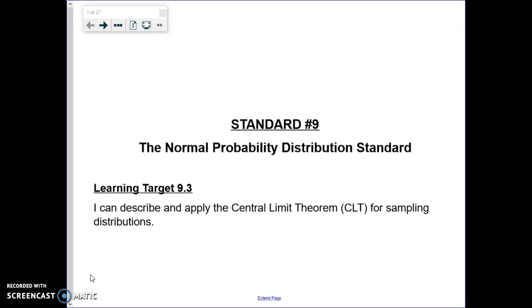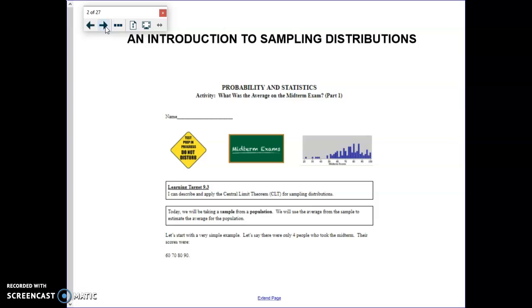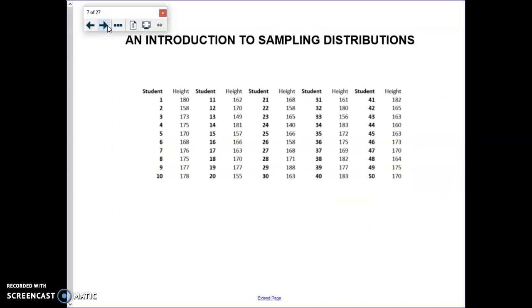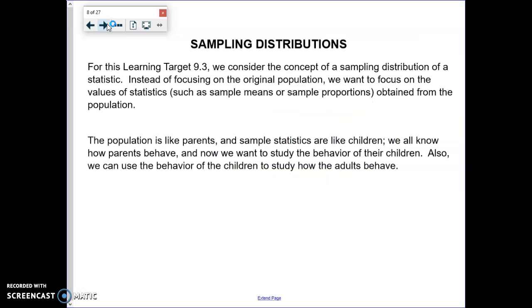What we're going to do starting today is begin where we left off. I know when we first started target 9.3, which was being able to describe and apply the central limit theorem for sampling distributions, we had done some activities, and we might refer back to those as we go through here. However, as you'll see, I'm going to bypass all these examples because we've already done them all. So I'm going to skip through this. If you have any questions on this, you can get back to me. But I think we pretty much covered everything we needed to do.